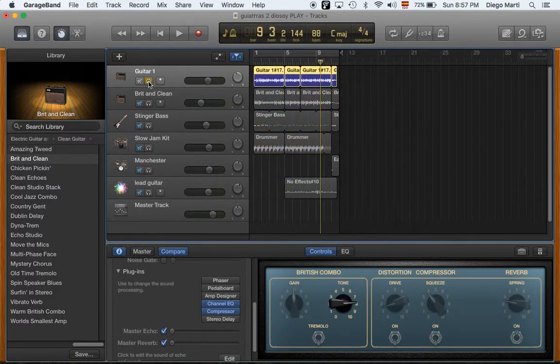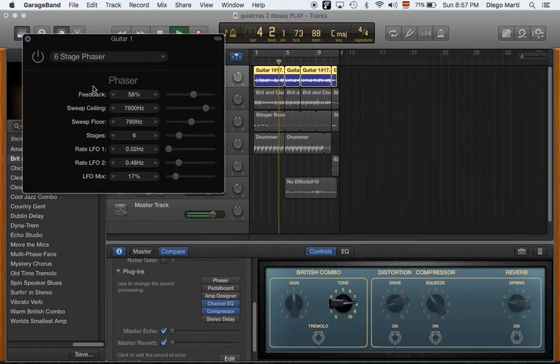This is the main rhythm guitar, and if we give it a quick listen without phaser, this is what we get. And now let's add a small phaser. So as you can see, almost immediately what you get is this feeling of the low frequency oscillator. It just goes from one end of the spectrum, so to speak, to the other, and it gives it this spacey, out of this world